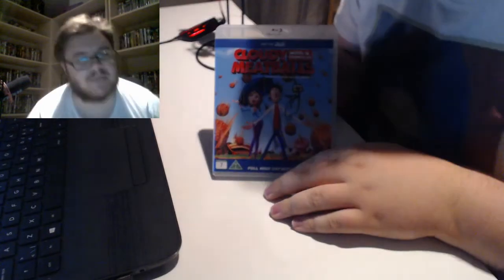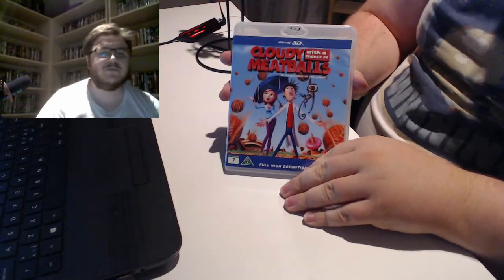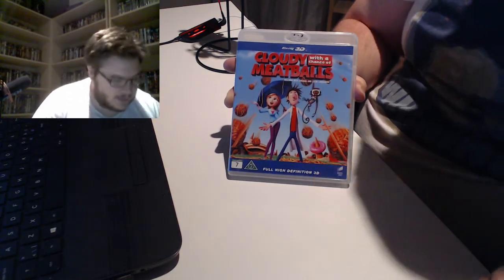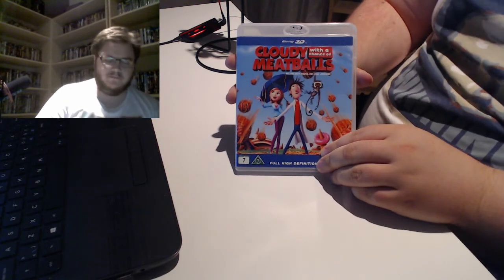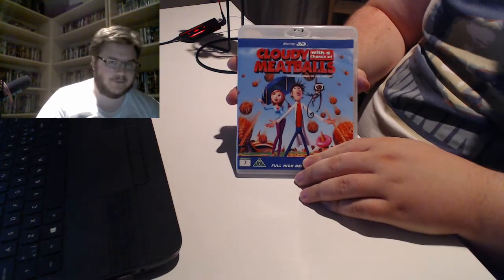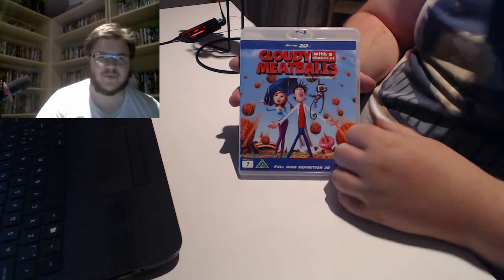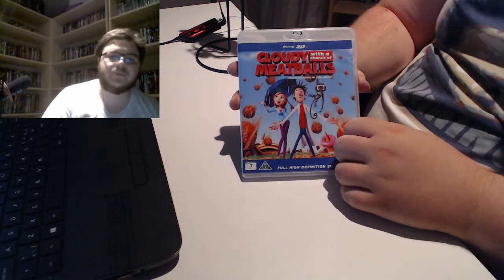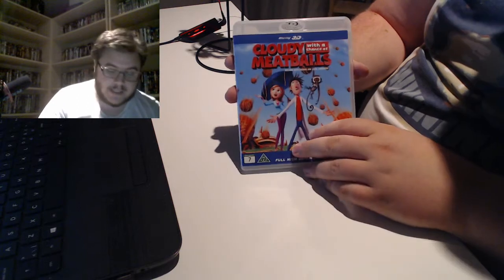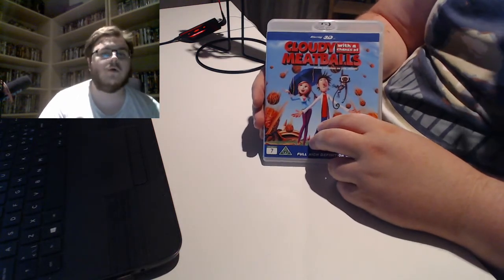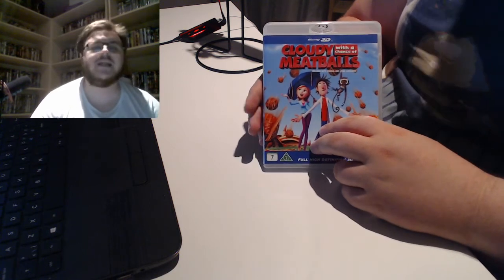Cloudy with a Chance of Meatballs. This is one of those kids movies that is actually entertaining for kids and adults. I was, of course, introduced to Lord and Miller with 21 Jump Street, but when I heard they were the guys that made Cloudy with a Chance of Meatballs, I bought it, and it's really good. It's really funny, innovative, heartwarming, family-friendly fun. It's kind of like what YouTube wants to be, but good.